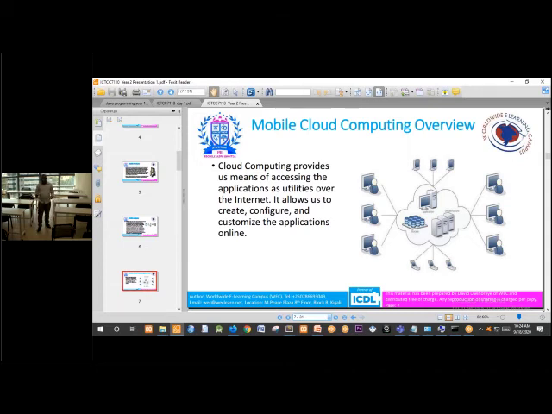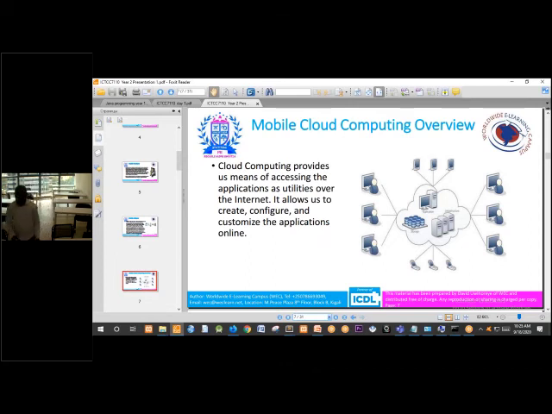Cloud can provide services over public and private networks. If you need your service to be private, you can access it privately in your local area network. But you can also access cloud services publicly over the internet.